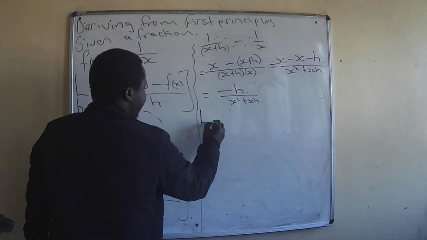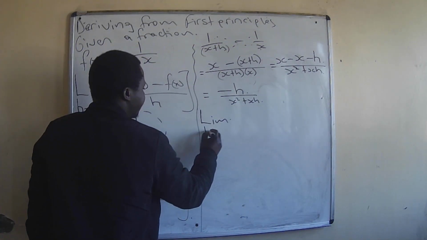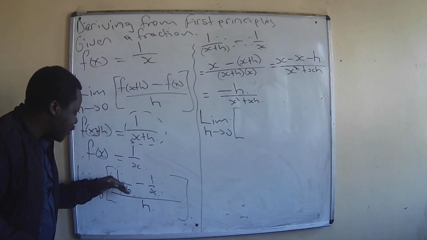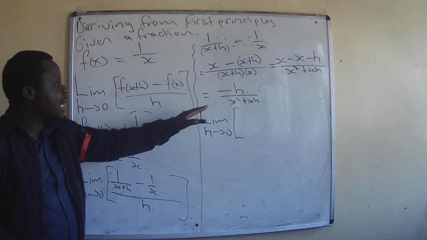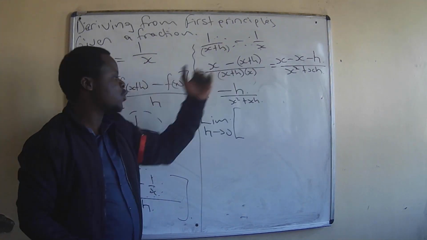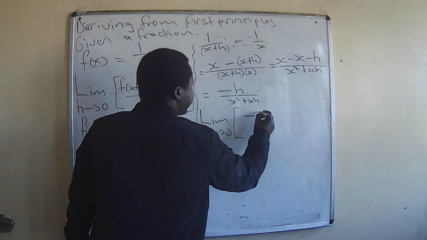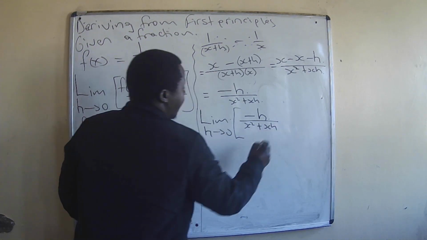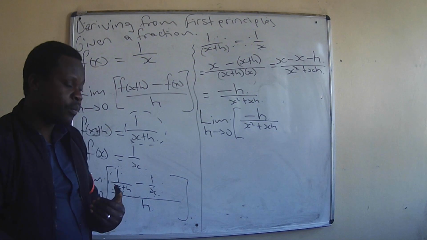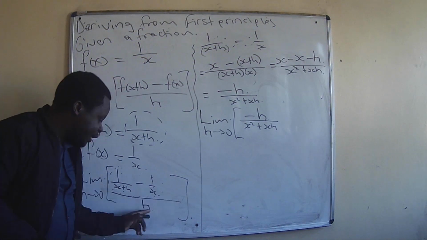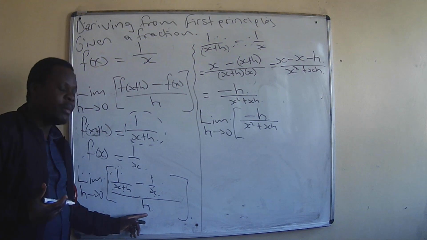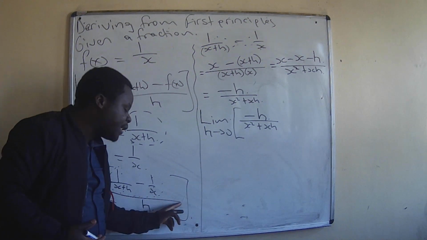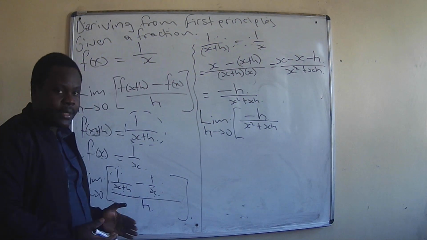So we have limits as h tends to 0. We are rewriting this, but our numerator is no longer 1 over x plus h minus 1 over x, it is now as this, since we have simplified on this one. So we now have minus h over x squared plus xh. But I want you to understand one thing. This sign over h also means divided by h. So I'm not going to use this over h, I'm going to use the sign of divided,